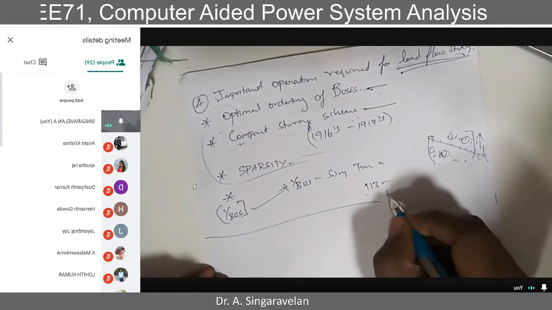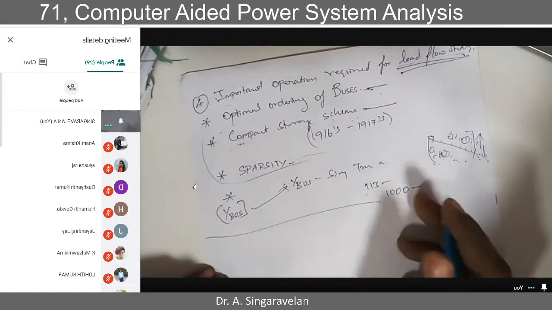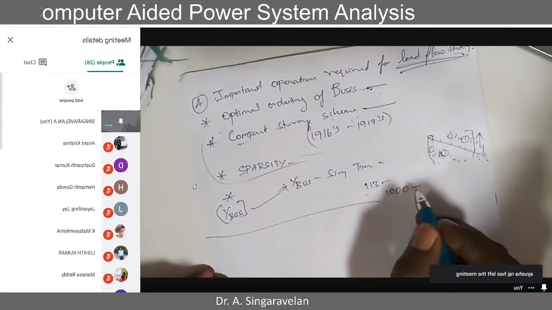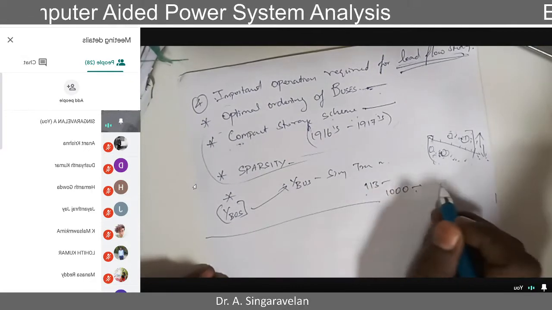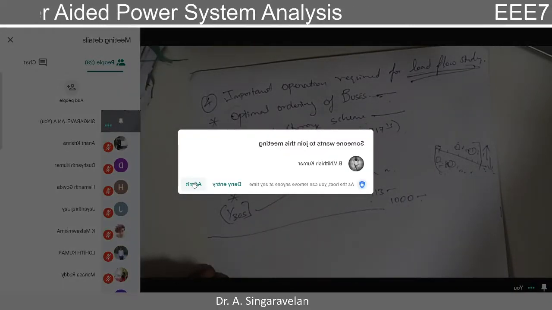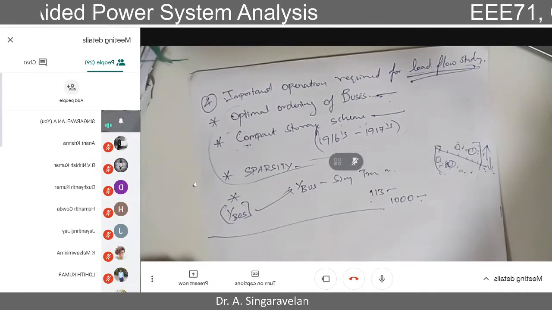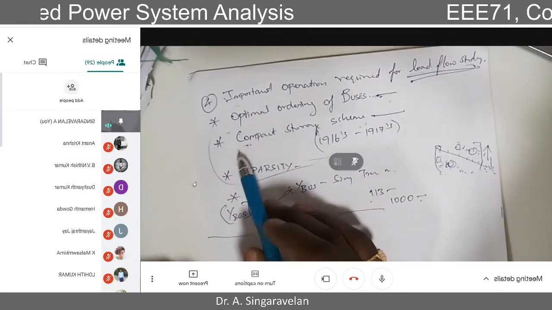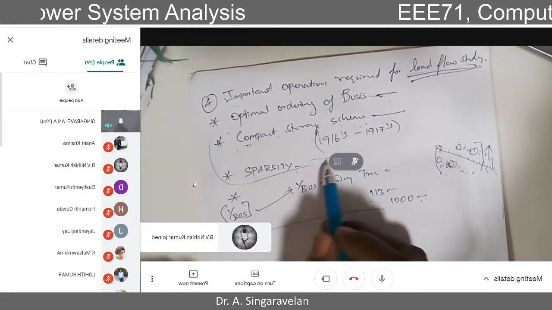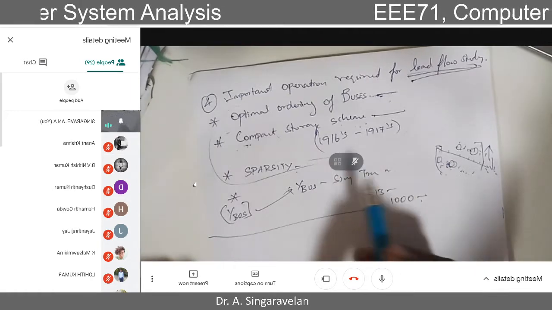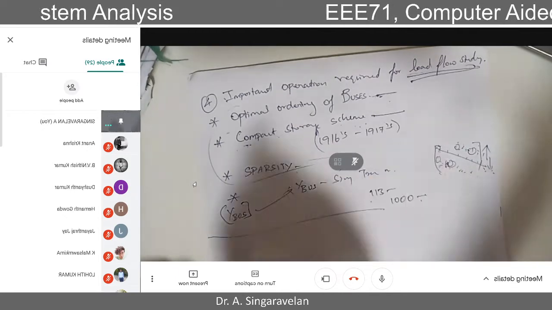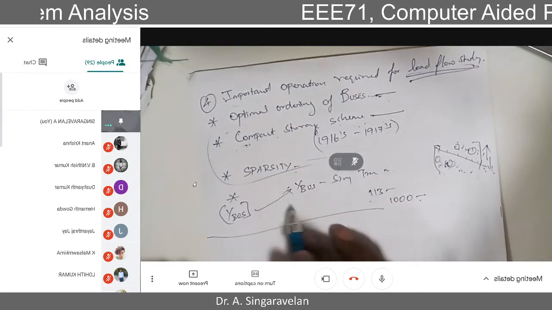If it is around a 1000 bus system, having more generators and more load dispatches, then the system will be more complex. At that time we need to think about these things. We need to optimize the ordering of the buses such that the complexity is reduced. We need to think about the compact storage scheme. We need to think about sparsity, to minimize the non-zero elements in the matrix, and then we will convert into a Y bus system.